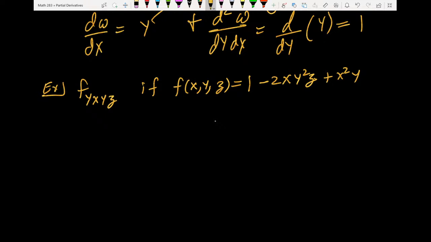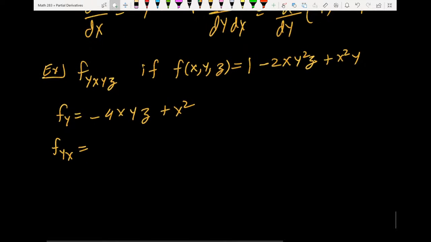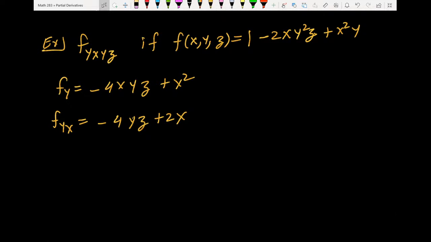So you start with what? Fy. What's Fy? Negative 4xyz plus x squared, right? Then we do Fyx. Now we take a derivative with respect to x of that: yz plus 2x. Then we do Fyxy. This gives us negative